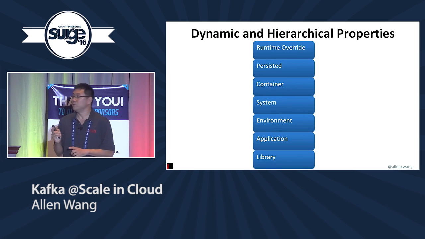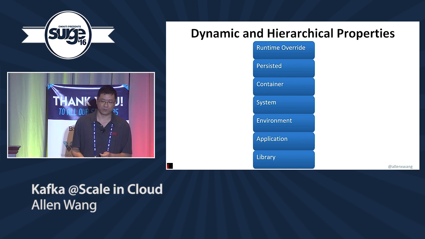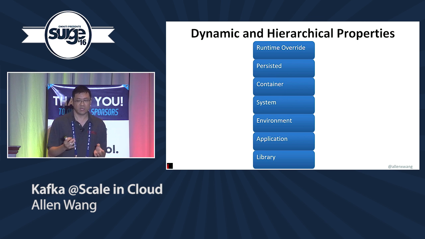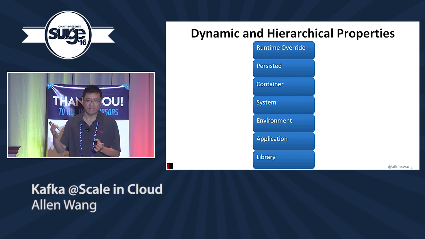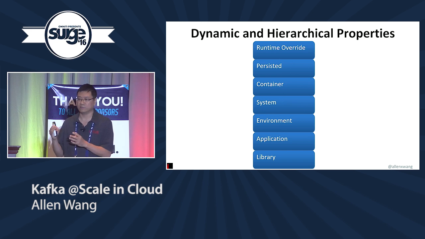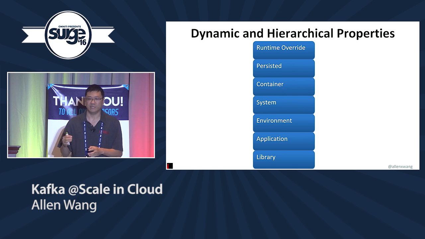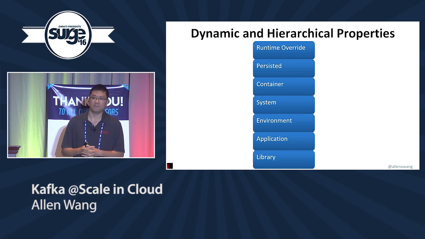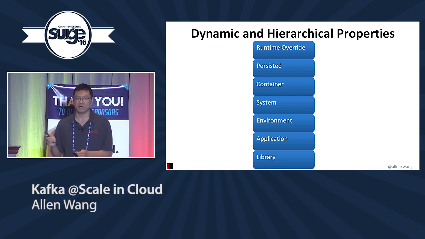So we use Archaius to configure both the producers and the brokers. As I mentioned before, the dynamic mapping that maps the topic to a cluster is implemented on top of Archaius. So a change of the value in the dynamic map can take effect immediately at runtime without having to restart